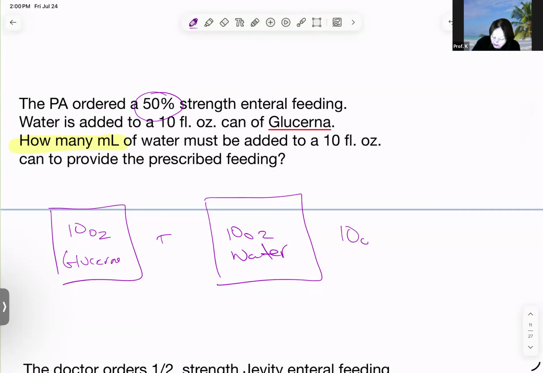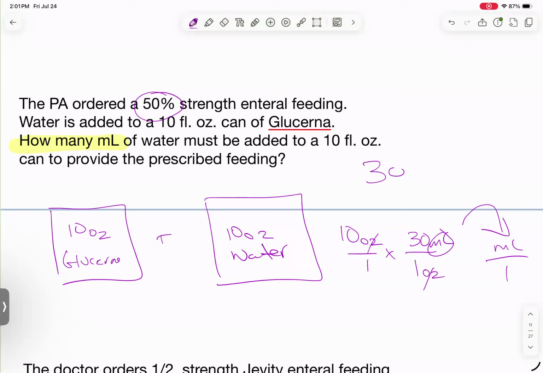Well, if I have 10 ounces of water, I just have to convert 10 ounces to milliliters. So how do I do that? The way I just learned 20 minutes ago, using dimensional analysis, or you can just show me 10 times 30. So how do I use dimensional analysis? I know that the given is 10 ounces. My wanted is milliliters. And I know that 1 ounce is 30 milliliters. So 10 times 30,